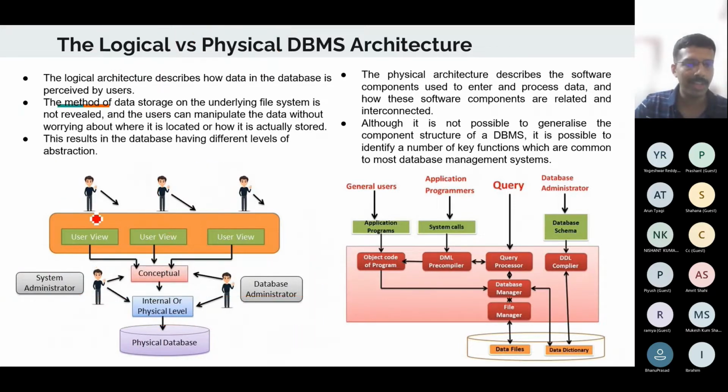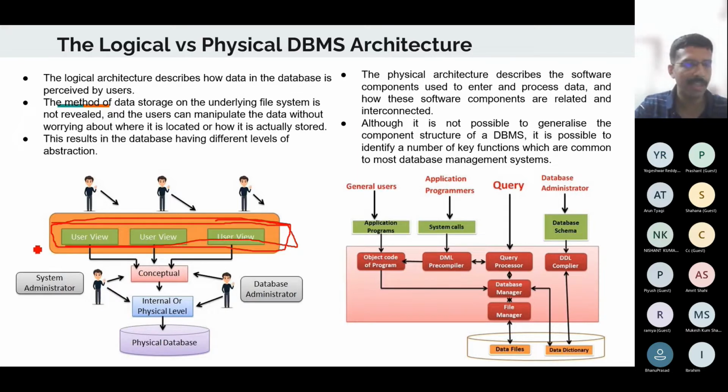So basically, as you can see, the user view is what we are mostly concerned about. If I am a student, or a teacher, or a university official, I will be concerned only about the user level. At the user level, I need to log in, and it will provide me the data relevant to me. Whereas the conceptual level and internal level are actually used by a database administrator or a system administrator.